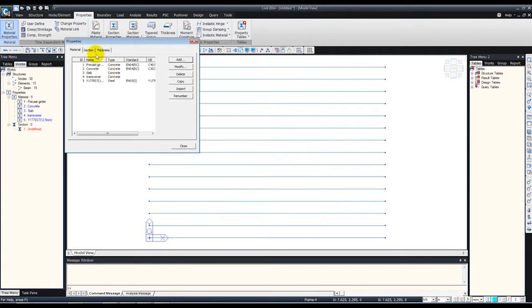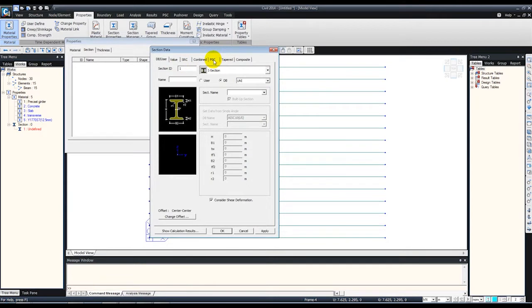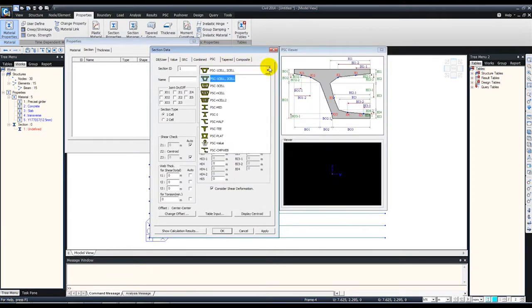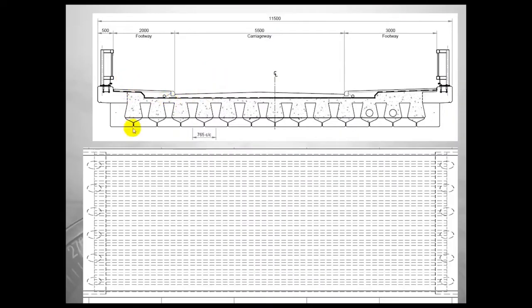Then we will define some sections as well. So section, add, and PSC for the precast sections, PSC value. Now in our case the sections are going to be composite sections, infill type. So what I'm going to do is first generate the TY beams at the center and TY at the edges, and make a composite section out of them, with the slab at the top, because an infill type of section is a very unique or